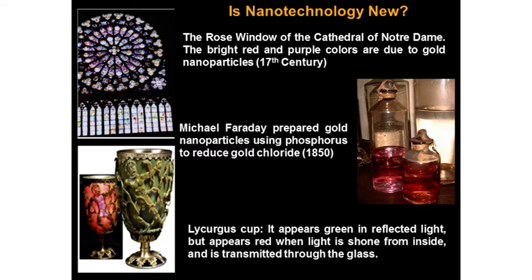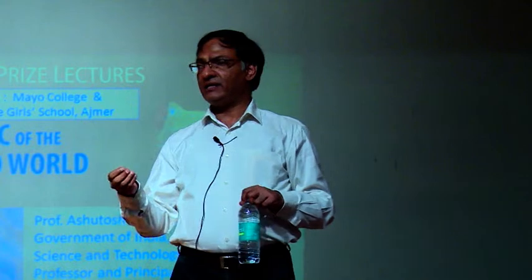Many people here have seen these, stained glass windows from old cathedrals, and the color of these windows comes from gold nanoparticles. But the same gold nanoparticle of different size makes different colors. So just by changing the size of gold nanoparticle and melting it in a glass, you change the color. These are very vibrant colors. You cannot get them in paints. And so these colors basically come from nanotechnology, which was not understood, but it was basically a practice. So based on experience, by trial and error, by brute force, people made these windows.